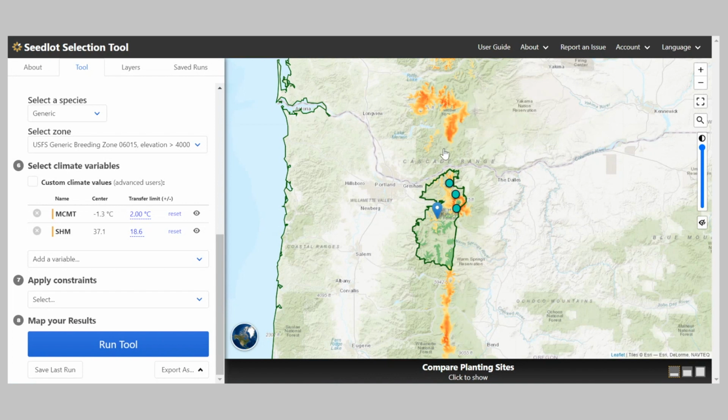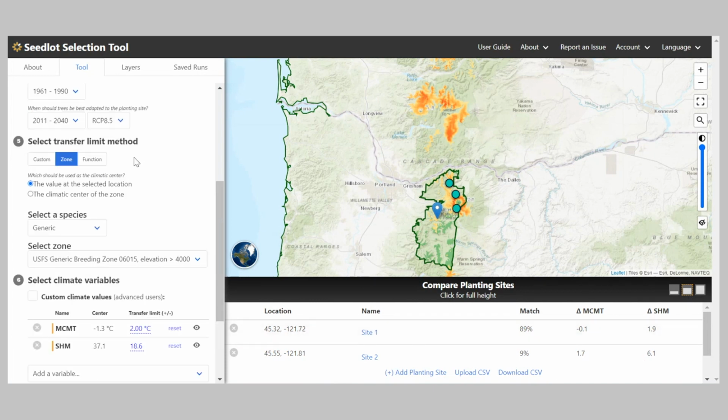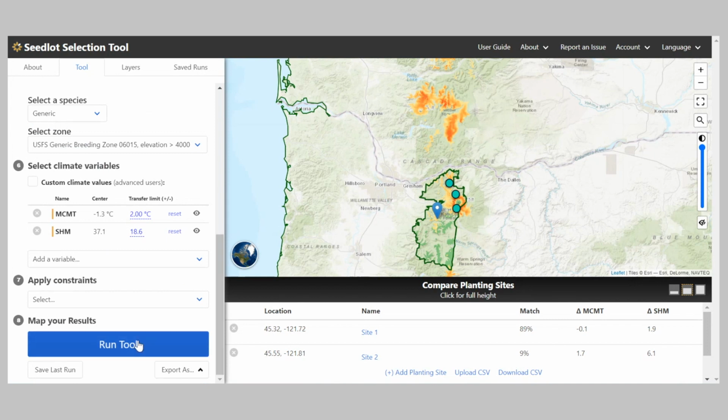You can see there's a lot less of the lighter orange and yellow. And if we look at the climatic match, those numbers also change because, again, we've constrained the area that we're considering suitable.